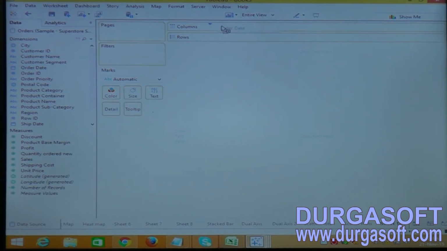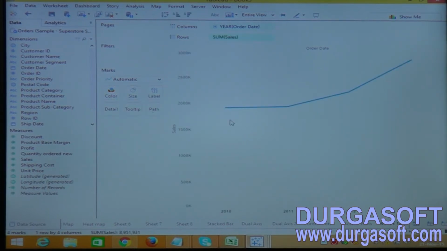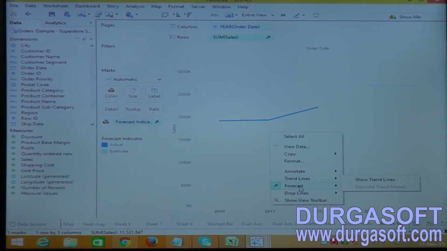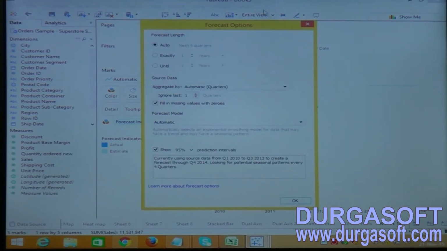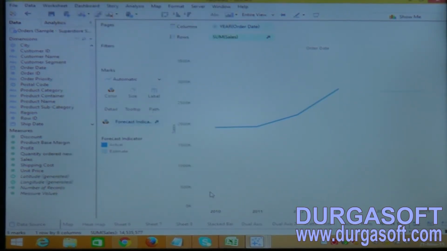Now take the order date and sales and forecast. It is not showing in between 2012 to 2013. Let's make the cut options. Okay, ignore last year, make it 0 and click on.